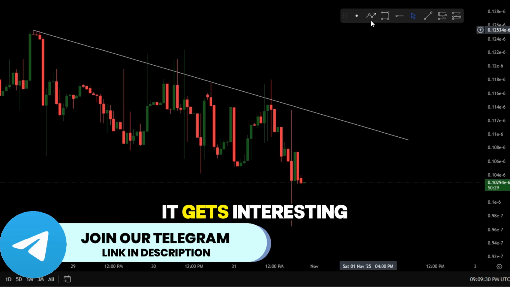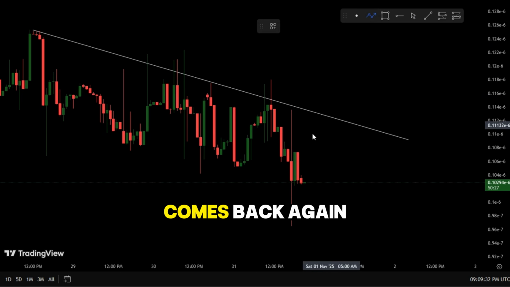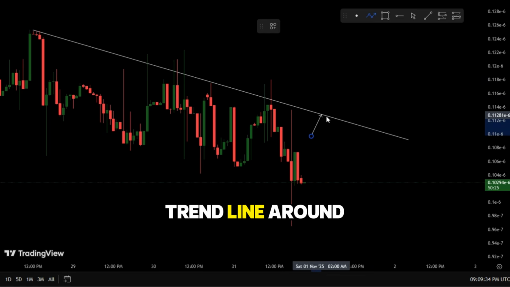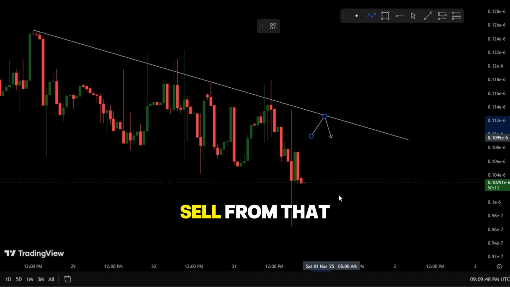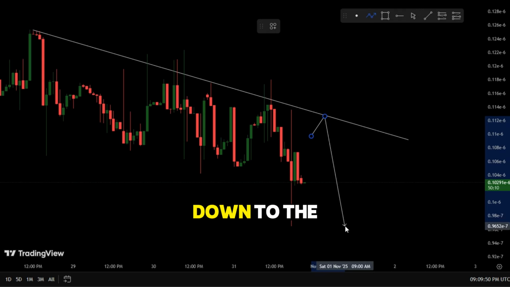Now, here's where it gets interesting. If the market comes back again to retest this trend line around the 0.113 level and gives us a valid bearish candlestick pattern, maybe a bearish engulfing or a pin bar, that will be our confirmation to look for a short-term sell from that level all the way down to the next support